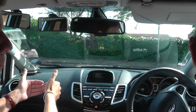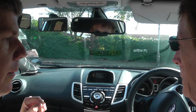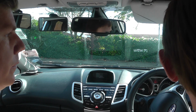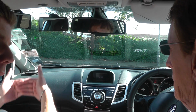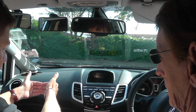Stop there. Okay, and just secure the car again for me. Okay, where does the white line, the give way line here, where does that cut into the right hand side of the car? Oh, just overhead of that door mirror. Okay, we can actually use that as our reference point now for stopping at the give way line. Now it's important we stop at the give way line. If we stop short of it,